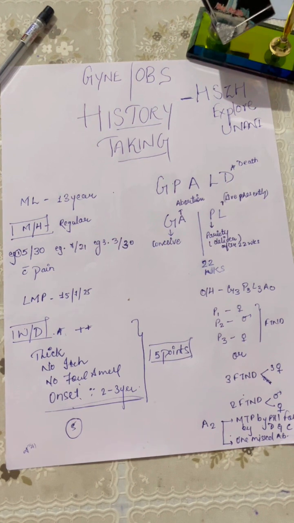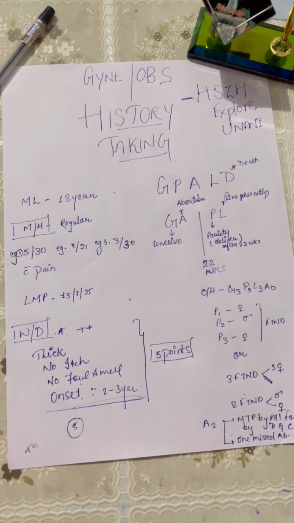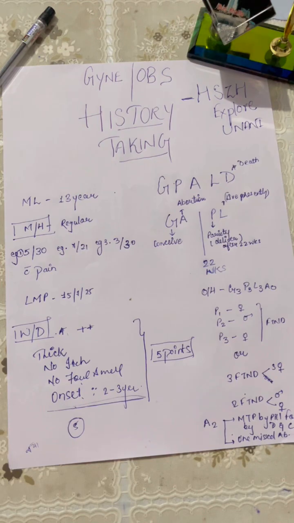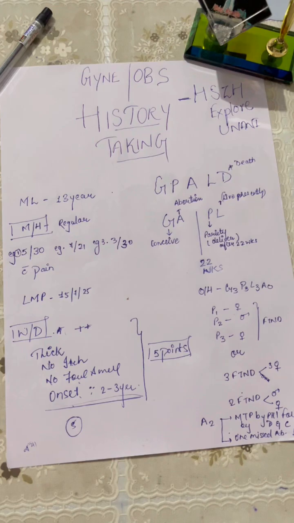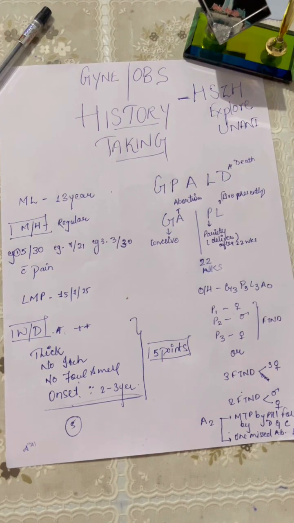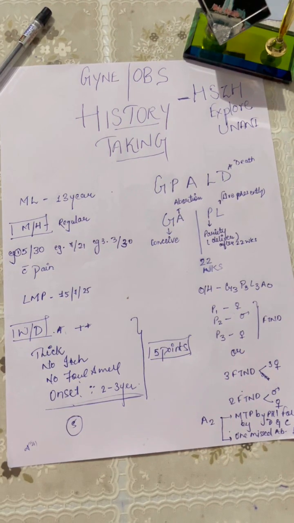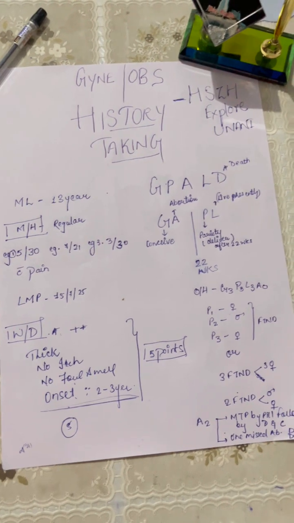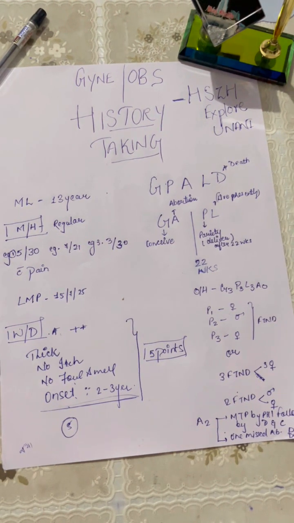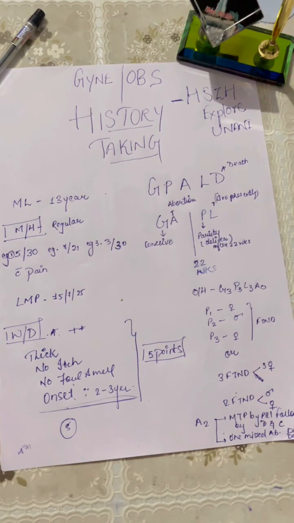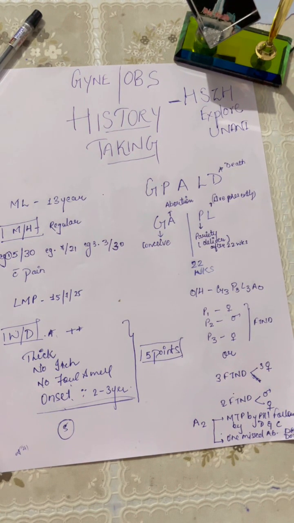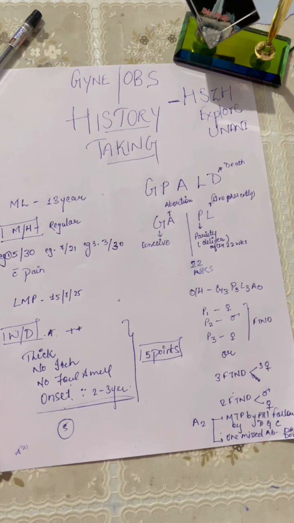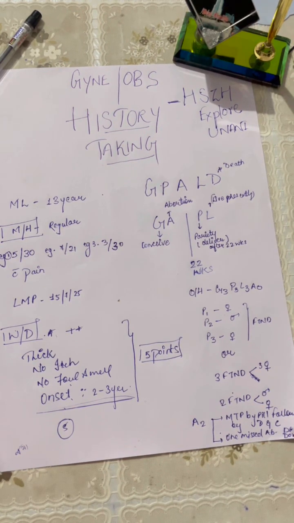So we would ask her how many children there are. We have to write down in the history the female and male children, and what type of delivery she had, normal or LSCS. So these two questions we have to ask. If it is a full term normal delivery, we write FTND. And if some operation, cesarean section, was done, we write LSCS. We also have to write the indication for the LSCS,